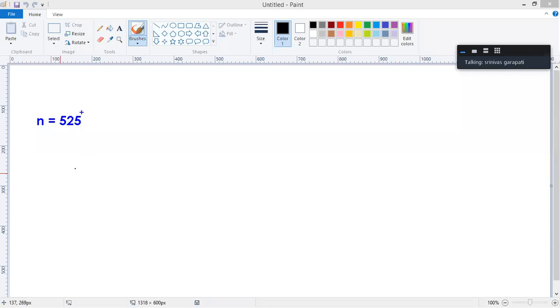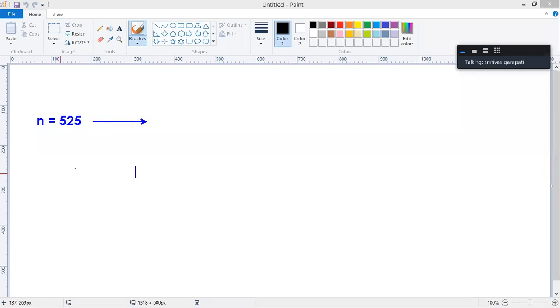But first of all, that logic, because they are expecting palindrome strings in Java, we need to convert that string into an array and check whether it is a palindrome or not. That is completely based on this. See here, we are taking 525. So how can we do this?